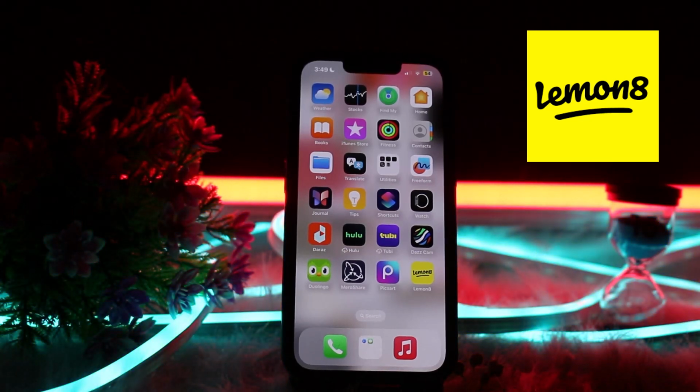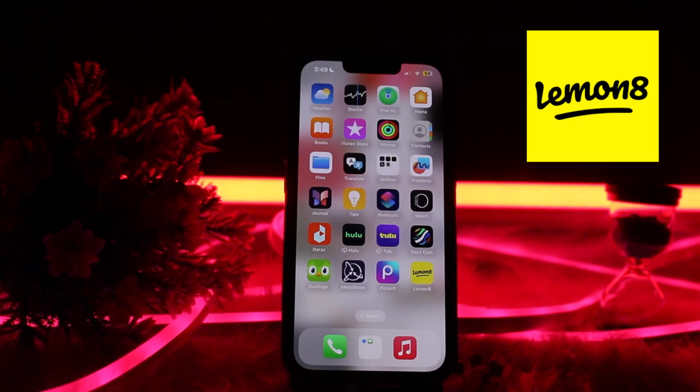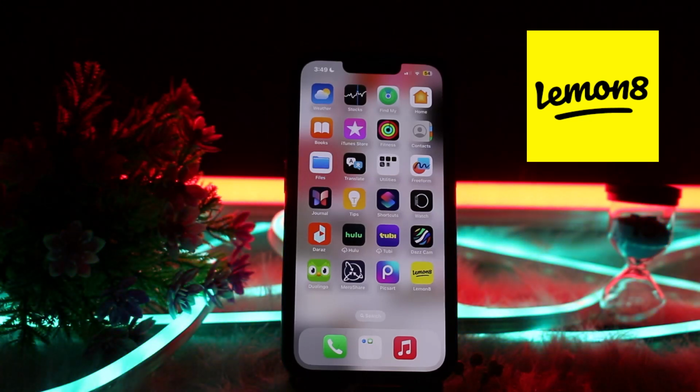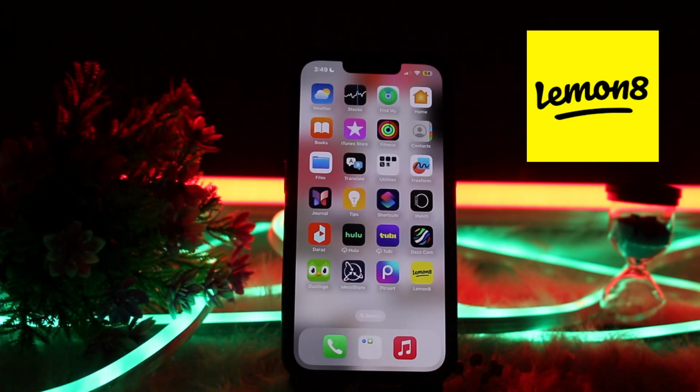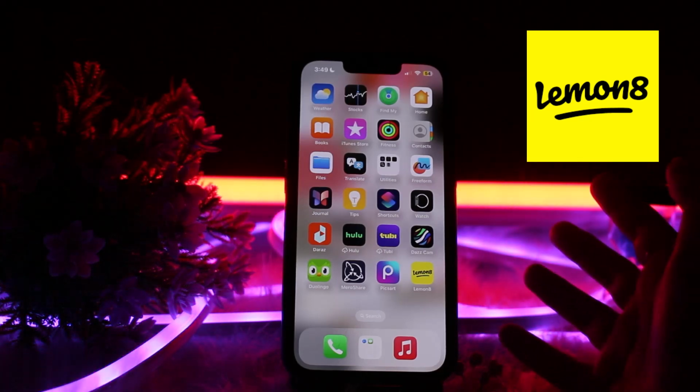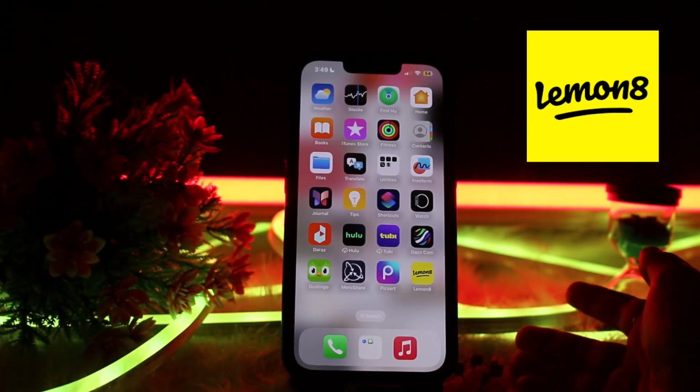So in today's video I'm going to walk you through how to use the Lemon8 app on a device. To know more about this and explore each feature, you need to watch this video till the very end. Let's get started. As I have already said, Lemon8 app is a lifestyle content sharing app for fashion, beauty, travel